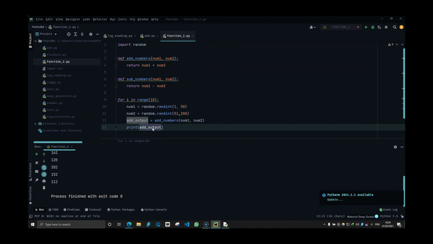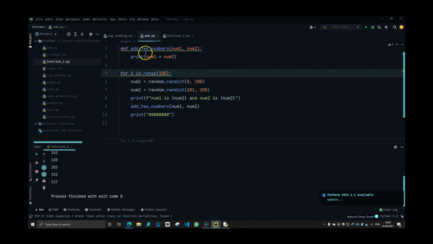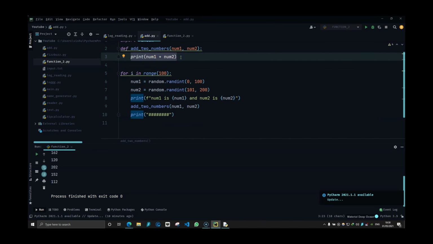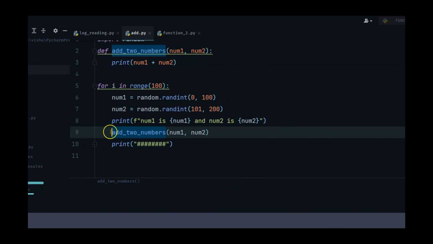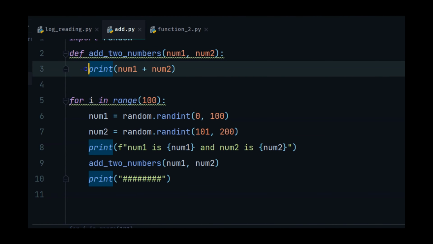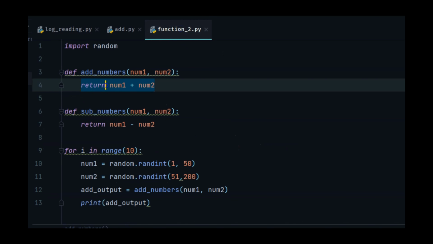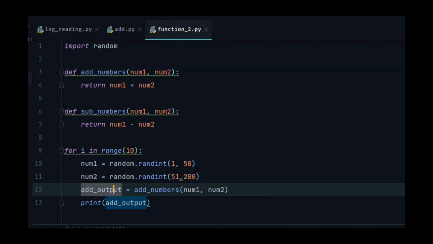The reason they came up is because when it returned num1 and num2, remember here we did not return, we printed it. So the print was coming right over here, so we didn't have to store it in a variable. We just sent it and it printed the output. Here it is not printing the output. It is giving the value back. It is adding those numbers and giving it back in the for loop. So we have to store the value and then we have to print it.